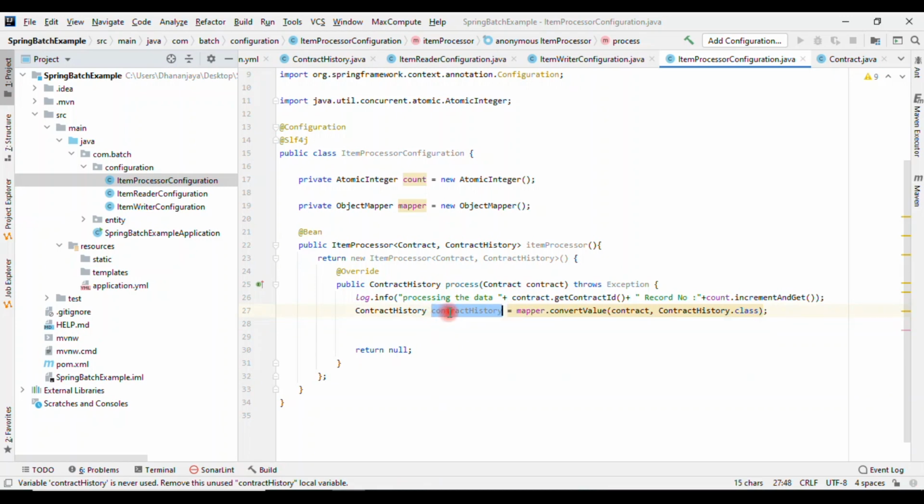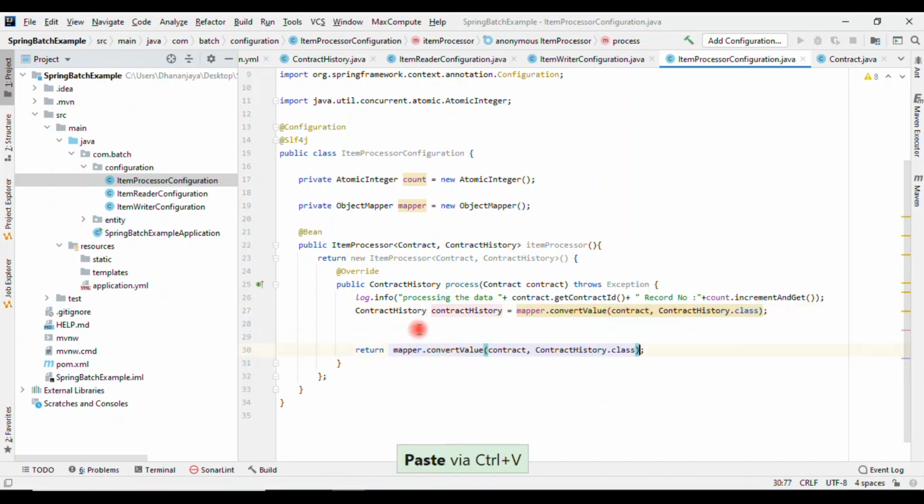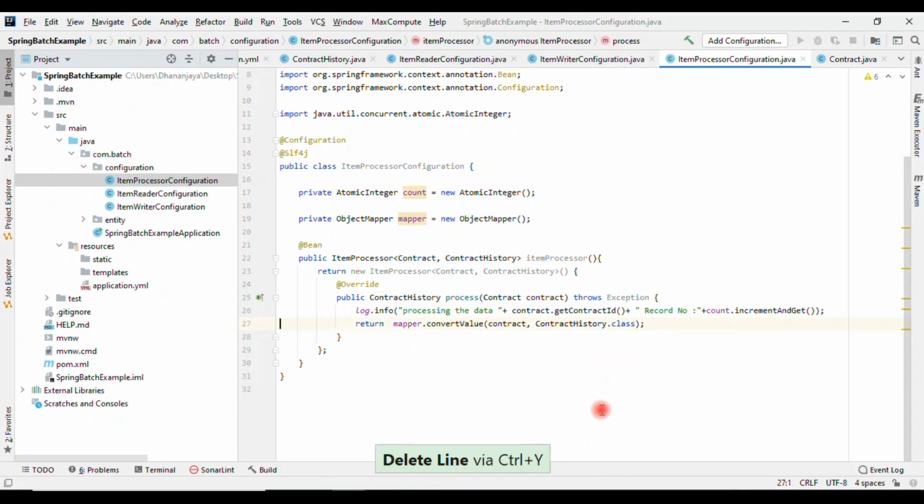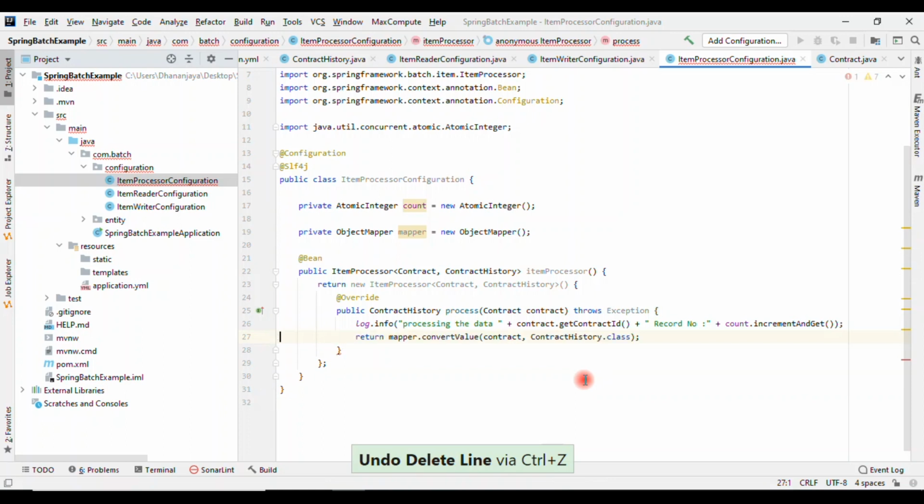Okay, so what we need to do now, we need to return this contract history here, or else we can copy this one and paste here directly. We can return instead of writing 2 lines. So that's it in the processor.